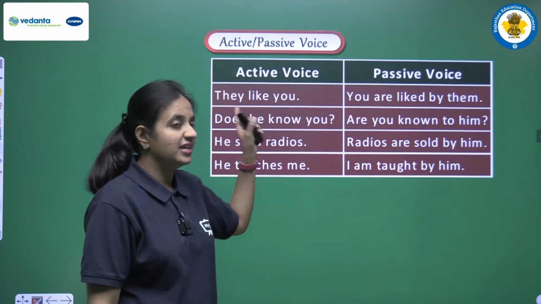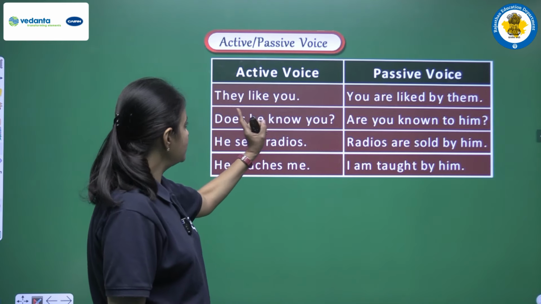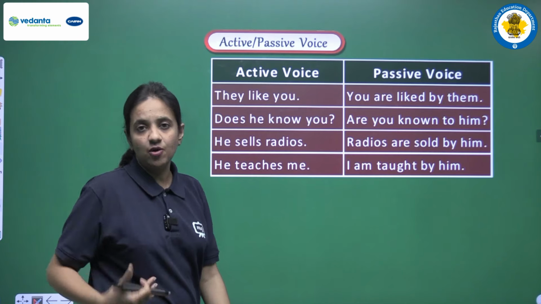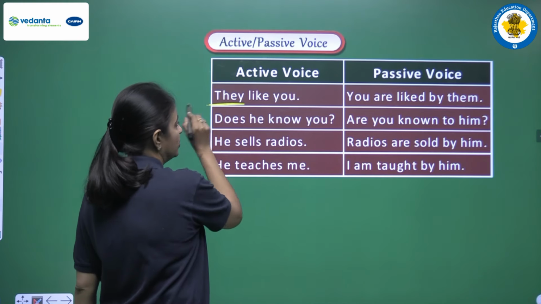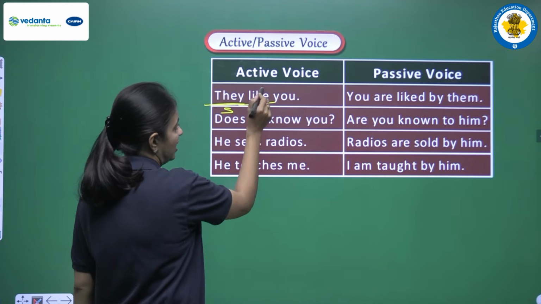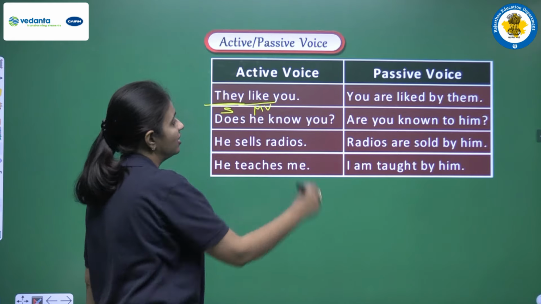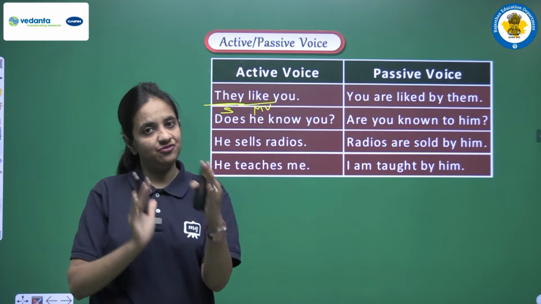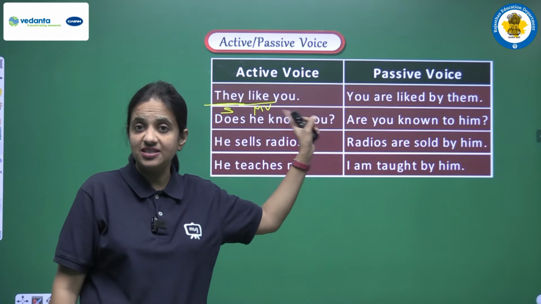So if we have present simple tense then we have to use is, are or am. So let's see some examples to clear this. First sentence we have here: they like you. So this is present simple tense. How can we say? They is a plural subject. After that we have like as a main verb. Like is only first form. So with a plural subject we have first form. It means we have present simple tense here.